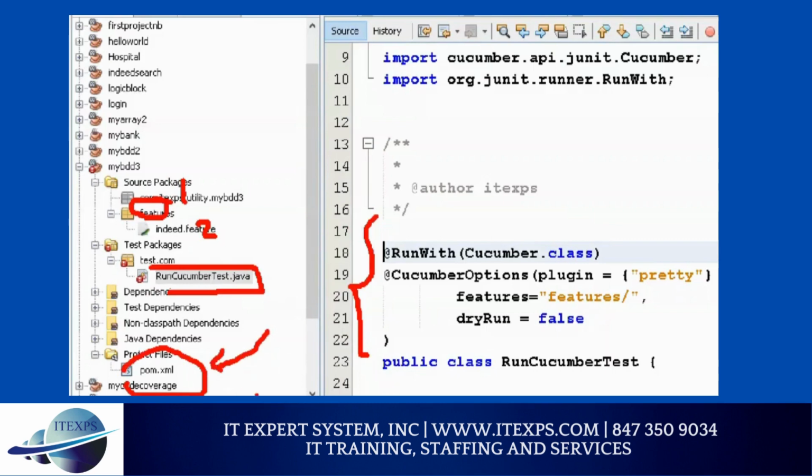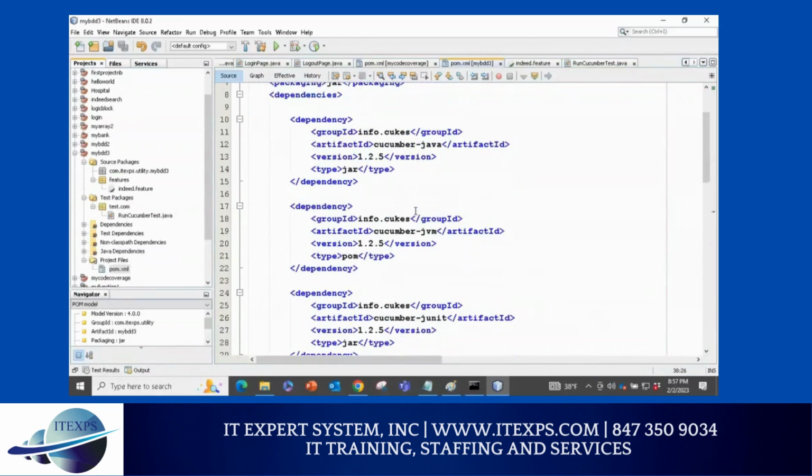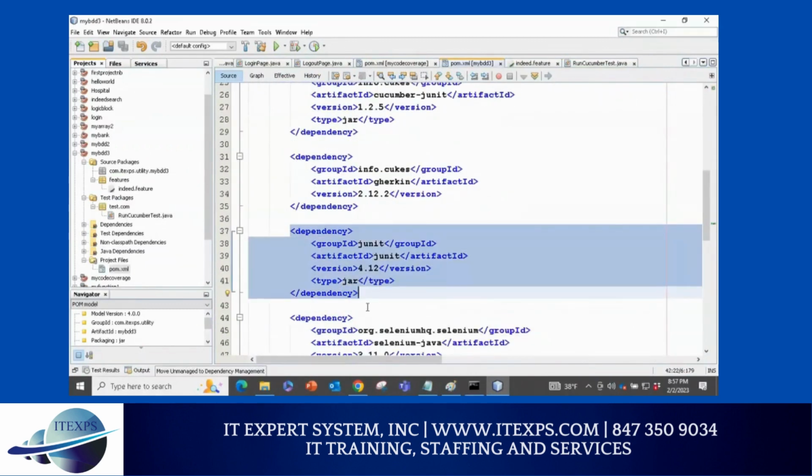I'm using JUnit. You will be using TestNG. So you have to change the JUnit jar to TestNG because your code may not work with JUnit since you are using JDK 16 or 17. So you may need to use TestNG, and then respectively you have to change the rest. When you do it, let me know. I will update the forum so other students will get the benefit also. Once you save it, now